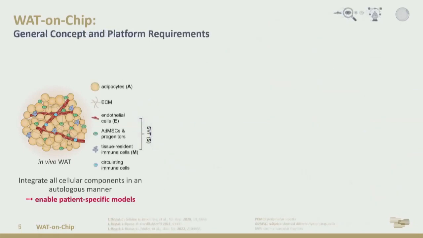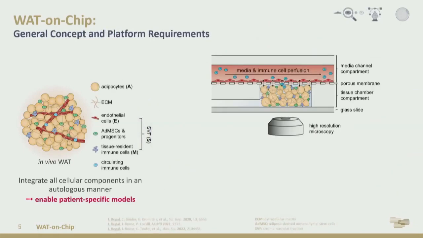Of course, integrating all of these different cell types into one model will yield a quite complex model. So we proposed a strategy of a modular and flexible model build-up, which allows for some modularity regarding the integrated cellular components, so that you can tailor your model to fit a specific purpose. So what you can see there is a model in the side view.